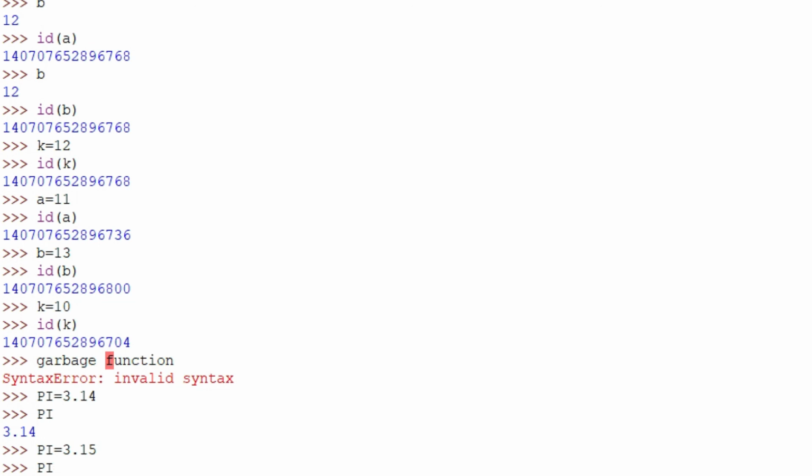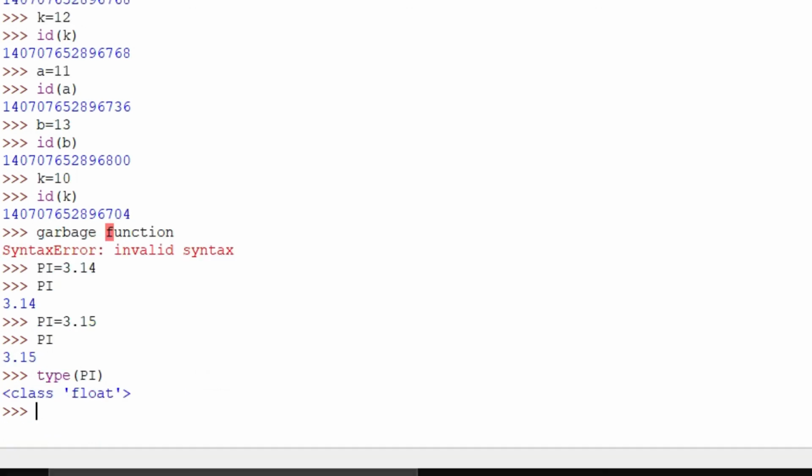If you want to know the type, in the first and foremost lecture, when discussing the basic operators concepts, I discussed the type function, right? The type function tells what the type is. Type means data type. There are so many data types, like int and float, that we are going to see in the next session.